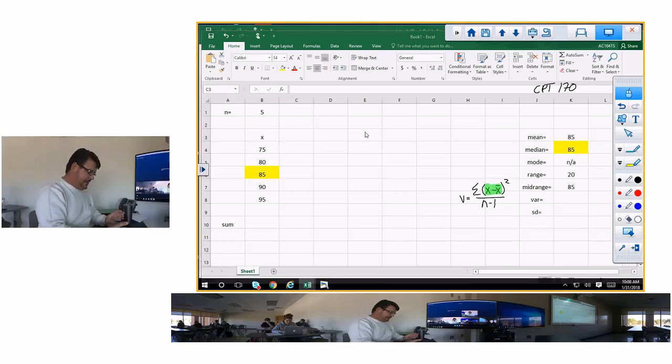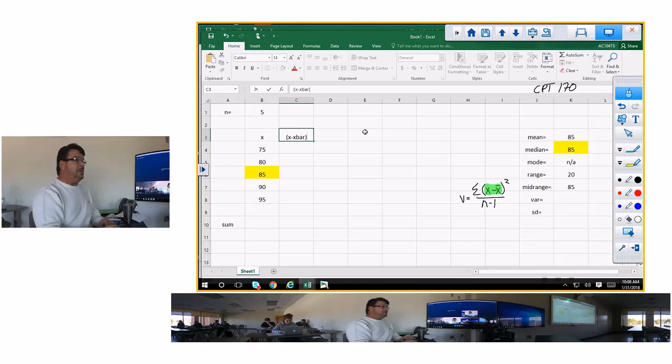Or, I'm sorry, x minus x bar. So I'm going to put parentheses here, and I'm going to say x minus x bar. Now, the reason I put parentheses around it is so you can associate it with the parentheses in the formula. That's why I do it. So that's equals this minus